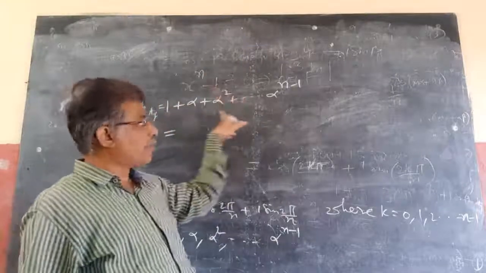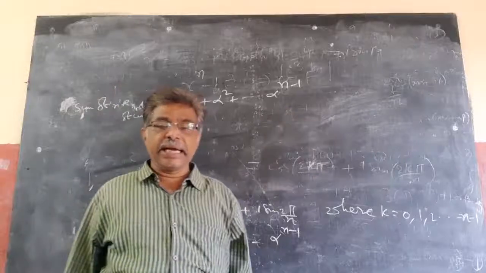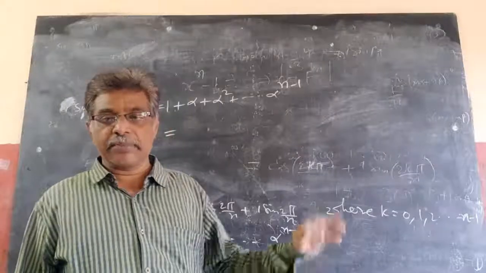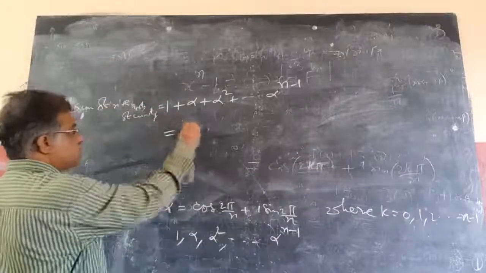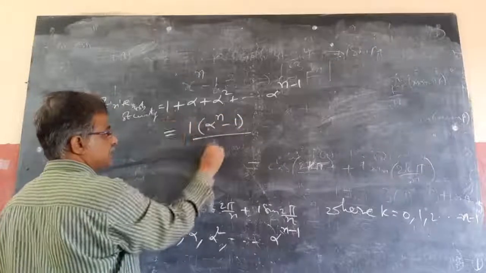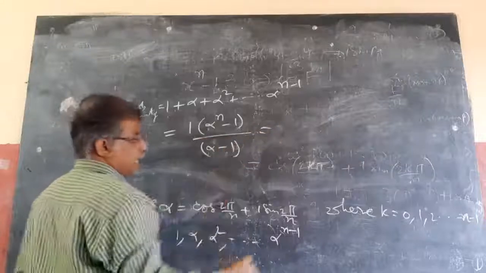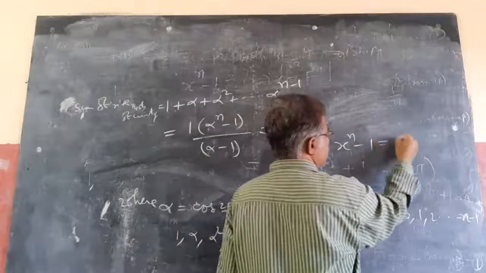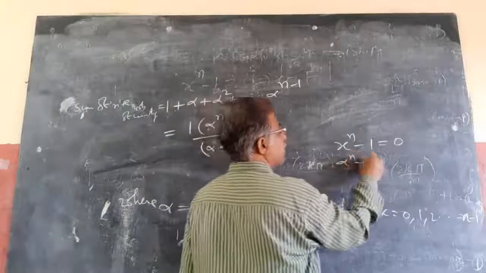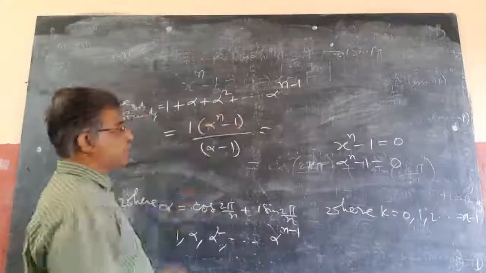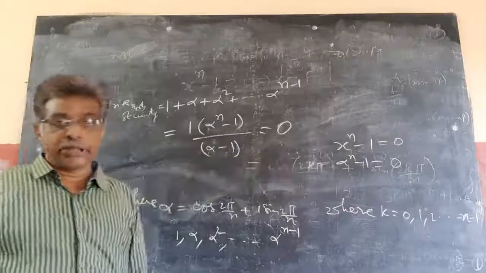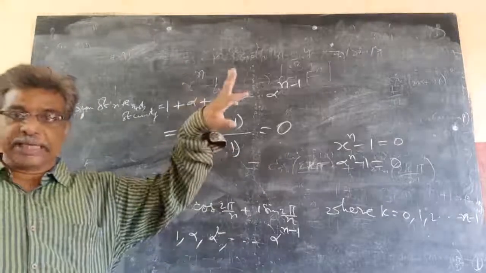Now this is the sum of nth roots of unity, which means the sum of n terms of a GP. What is the formula? Sn equal to a(r^n minus 1)/(r minus 1). So a here is 1, r^n means alpha power n minus 1, over alpha minus 1. But x^n minus 1 equal to 0 is the given equation. Alpha is an nth root of this, so alpha power n minus 1 is how much? 0. So the numerator becomes 0. So the sum of nth roots of unity is always equal to 0, I want to say. That's why for cube roots of unity, their n is 3.